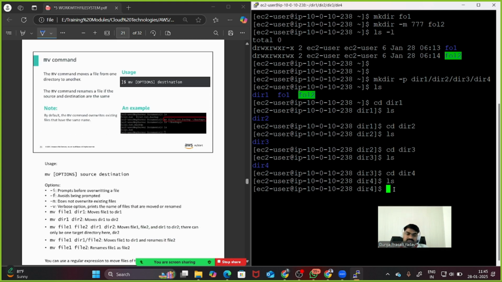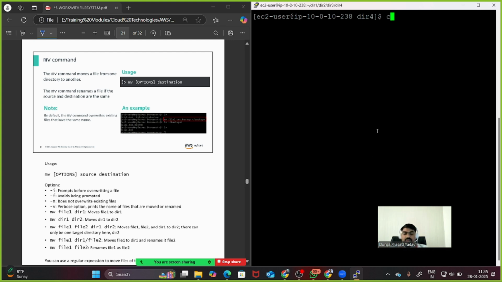And the next one is your move command, guys. When we are talking about the move command, copy and move are similar. In copy, the existing file will be there, but in move, the existing file will not be there. That is the difference between copy and move. So, the move command will move a file from one directory to another directory. For example,